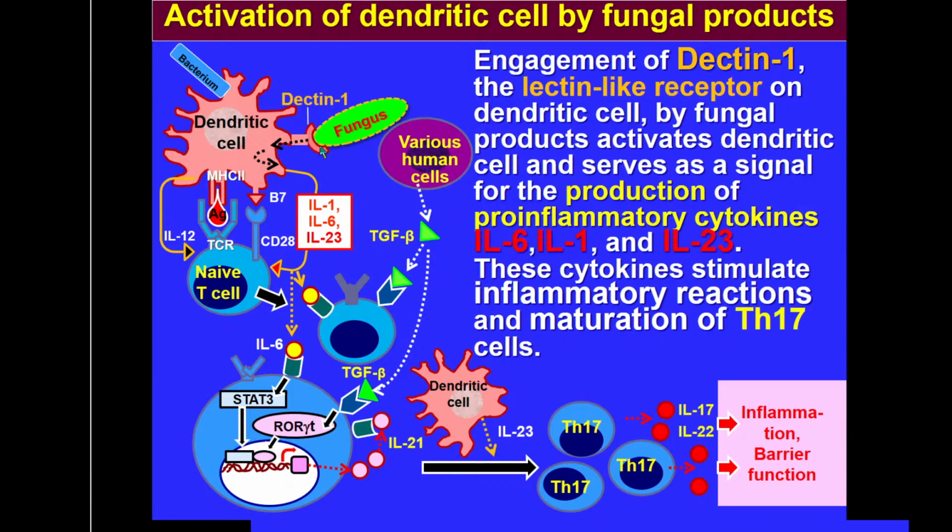If extracellular fungi bind to the Dectin-1 receptor, the dendritic cell after that starts producing pro-inflammatory cytokines, interleukin 1, 6, and 23. And these cytokines, in the presence of interleukin 12, cause the maturation of naive T helper cells to the T helper type 1, in some cases to regulatory cells. And the cytokines interleukin 1, 6, and 23, these pro-inflammatory cytokines, make T helper cells capable of producing